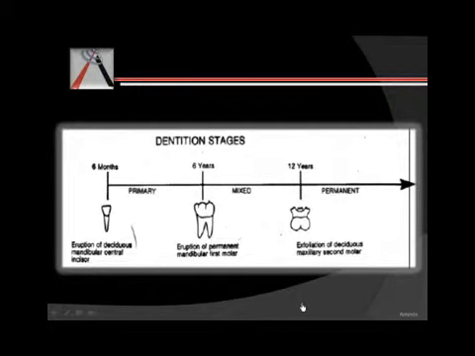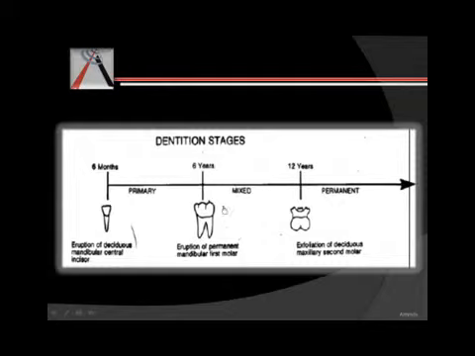This diagram will give you a rough idea of the dentition stages. So we start at 6 months by the eruption of first primary tooth. Then we continue till 6 years. Till 6 years, at around 2 to 2.5, your primary teeth all will erupt. Then up till 6 years, we'll have no extra teeth erupting.